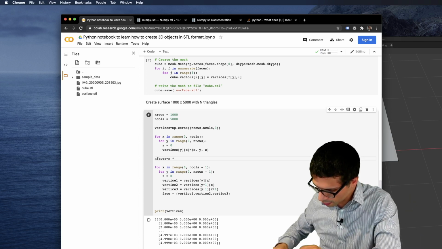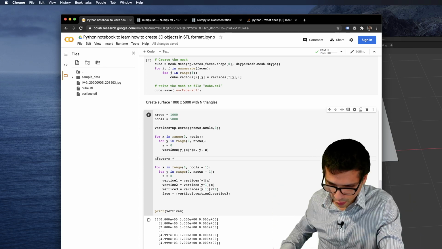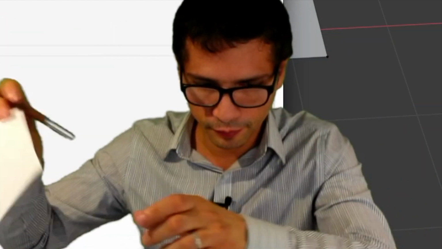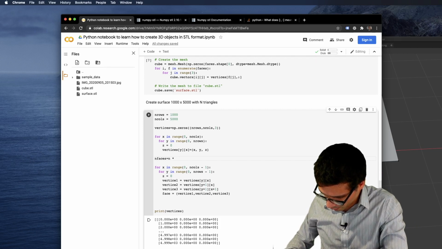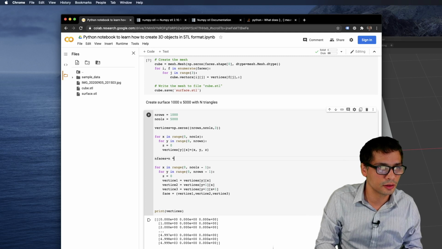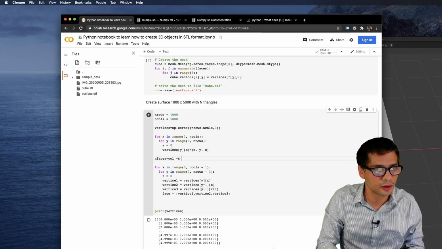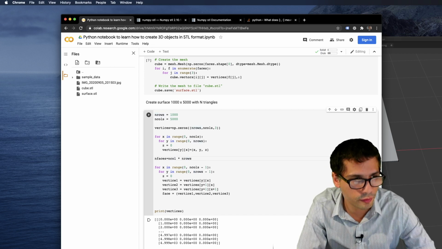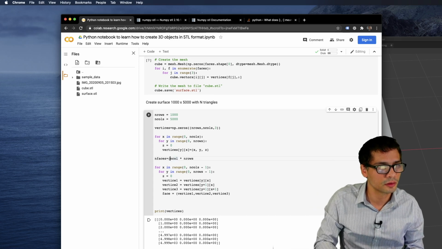So if we have 4 vertices, right? How many faces do we have? We have 2. So if ncol times n rows is my number of vertices, then my number of faces is that divided by 2.